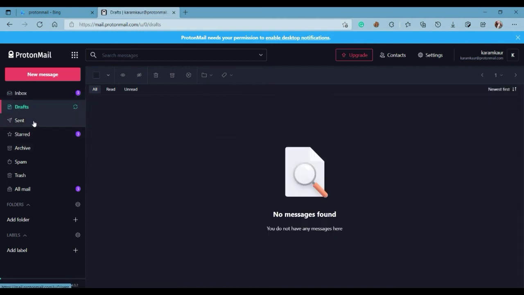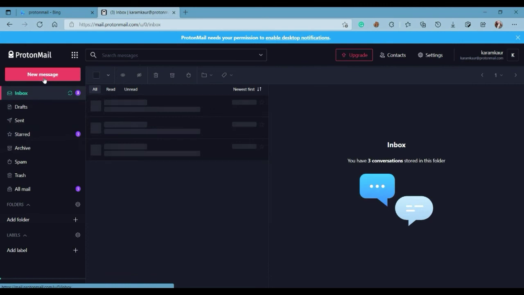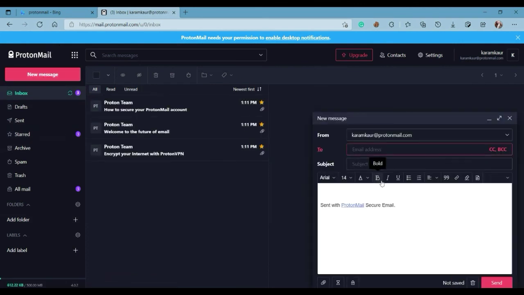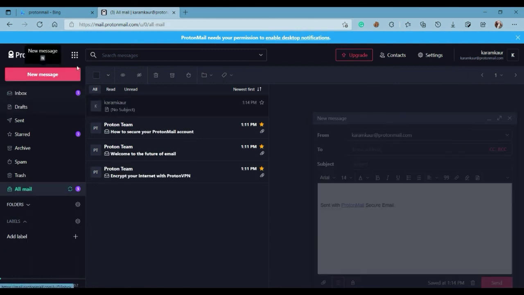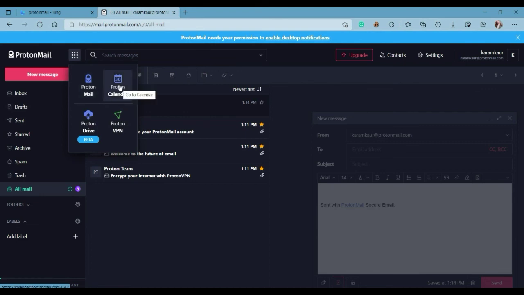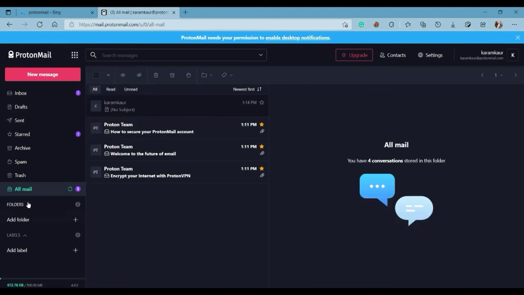And there are drafts, there is send which is also in Gmail. But what are the things that are different from Gmail? जो चीज़ हमें लगता है कि different है वो ये है कि यहाँ पे expiration time है. So you can click here और आप अपनी expiration time set कर सकते हो. Like I'm selecting whatever, like 1 day 20 hours के बाद ये email बिल्कुल distract हो जाएगी. So here comes the Proton Mail, Calendar and Drive, which I have told you कि ये features हैं इनमें.